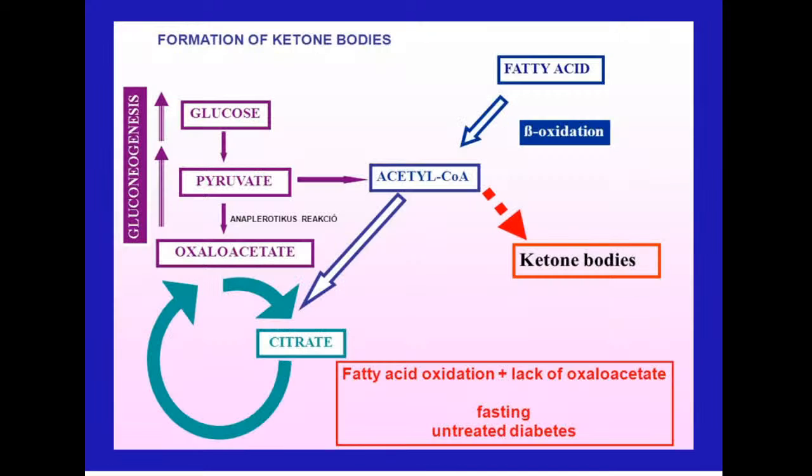So once more, in the simple scheme, acetyl-CoA, which is mainly formed by fatty acid beta oxidation, but of course can come from glucose, normally can be oxidized in the citric acid cycle, and normally this pathway is a general way of catabolism. Oxaloacetate is an intermediate in this process to form citrate and to be oxidized and give us energy, but a small quantity of excess acetyl-CoA, for example in the case of glucose excess, can be converted to ketone bodies